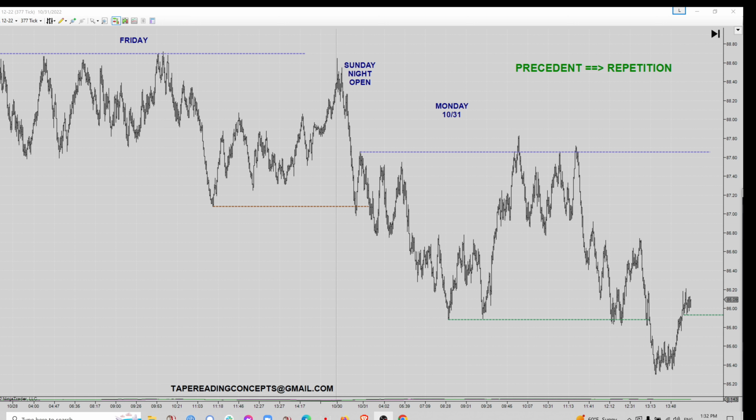I'm a full-time futures trader with about a decade of experience successfully trading the futures markets. Today I'll show you a textbook example of a pattern-based continuation idea, or precedent into repetition setup. As always, we're first going to build up the context and orient ourselves on the field before we look to